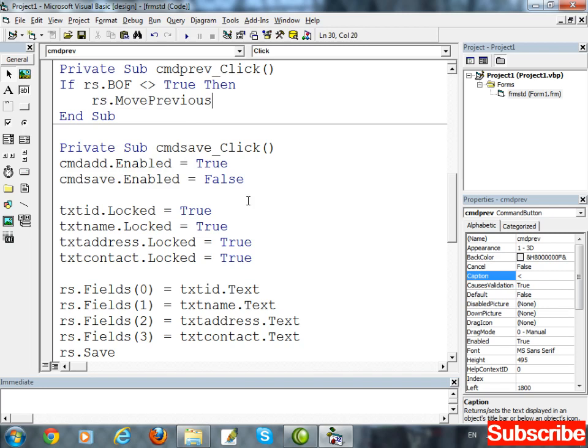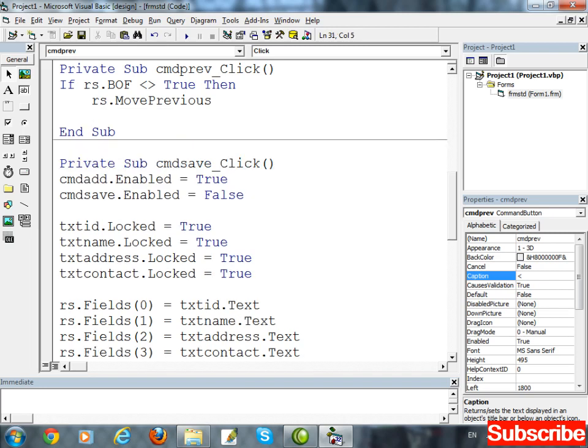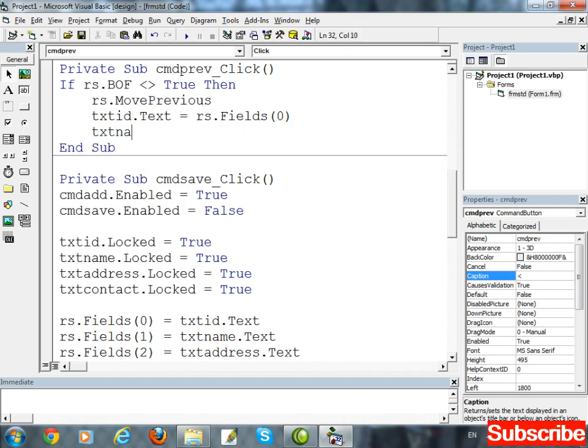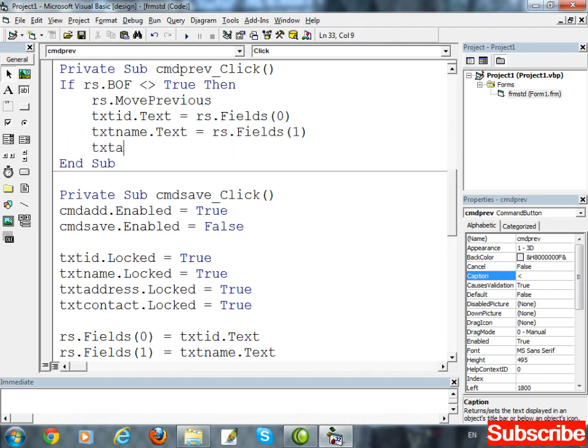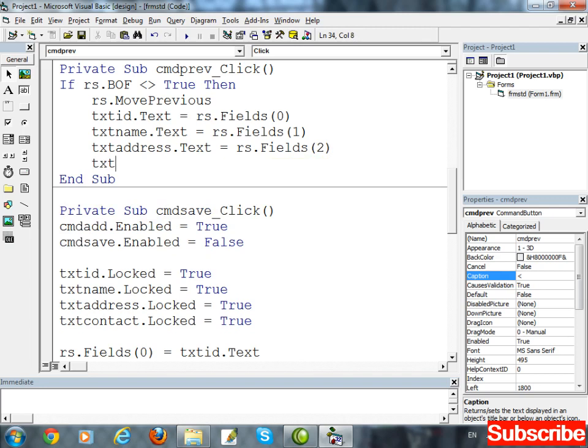And also we have to write txt_id.text equal to rs.fields(0), txt_name.text equal to rs.fields(1), and the contact number fields(3).